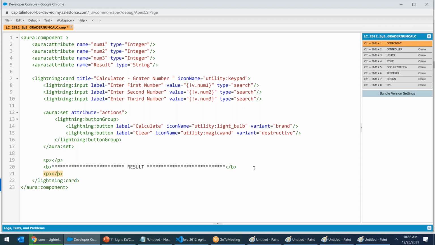Paragraph tag. What? The greater number, number is, exclamation V dot, whatever is stored in the result. Control S. Before we start writing anything, by the way, right here, on click,